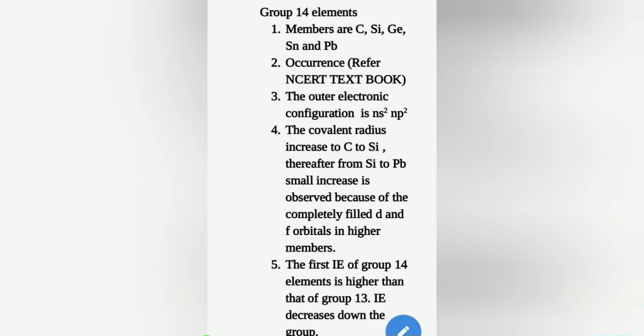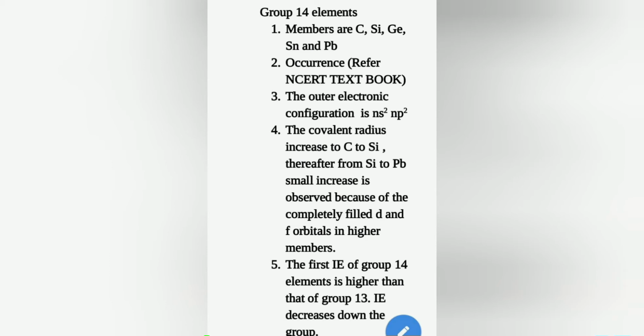Okay, its main constituents are ceramics, glass and cement. Germanium and lead are present in trace quantities. The general outer electronic configuration is ns2 np2, because it is the second group of the p block elements. The covalent radius increases from carbon to silicon. Thereafter, from silicon to lead, only a small increase is observed because of the completely filled d and f orbitals in the higher